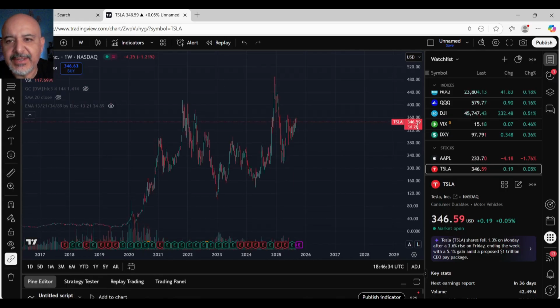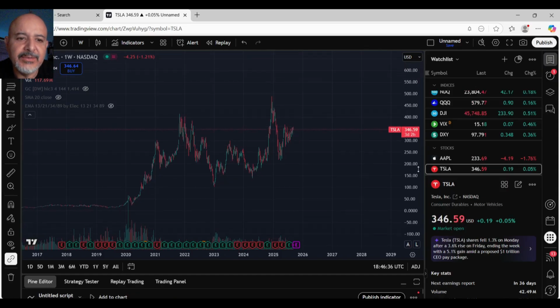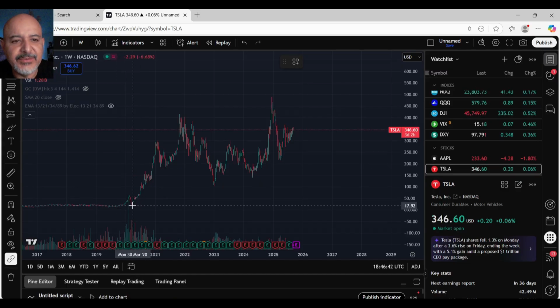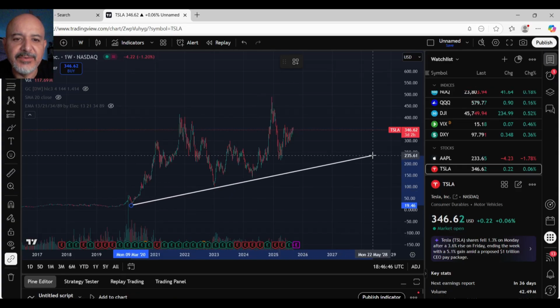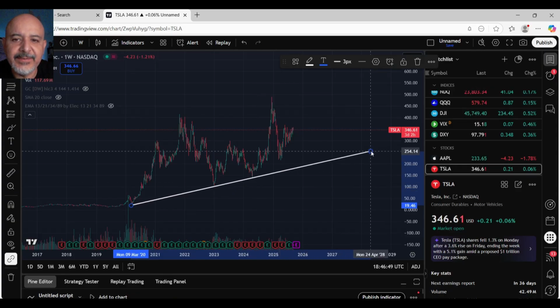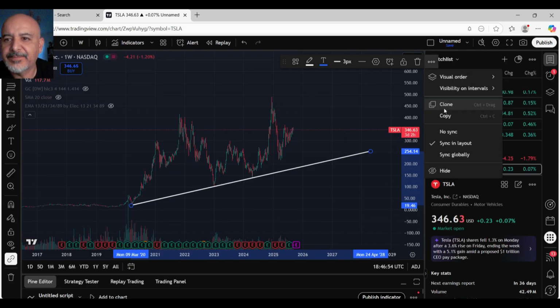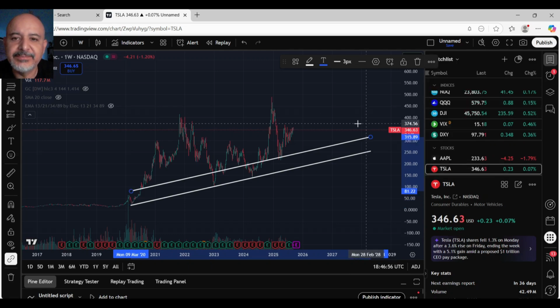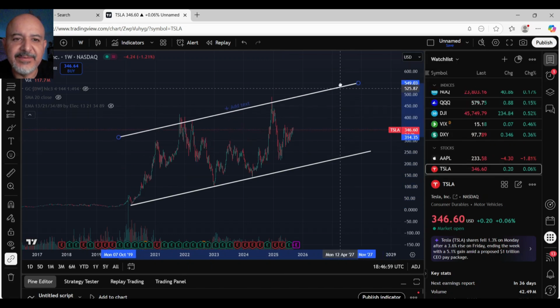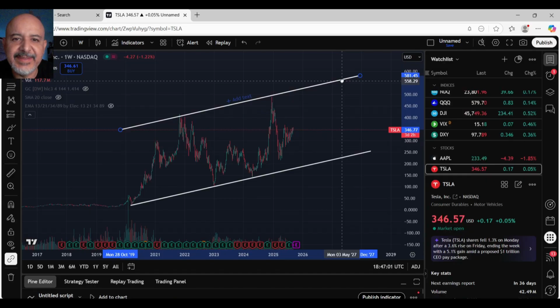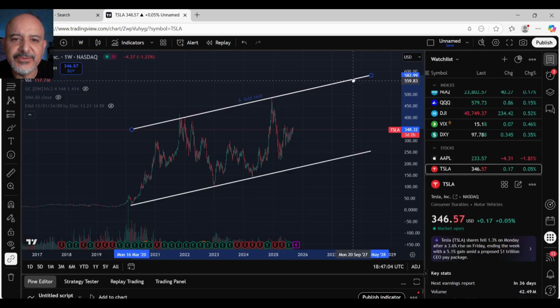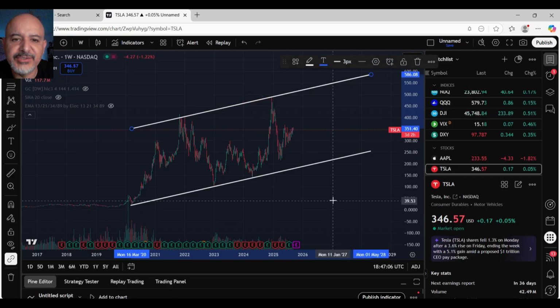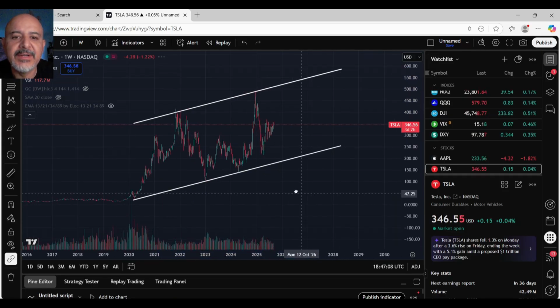And once again, like I mentioned last time, you'll be able to see a pattern. So basically, you'll see this line right there. Go ahead and copy that, or clone it. You could just set it right there and you'll see the upward projection of this uptrending